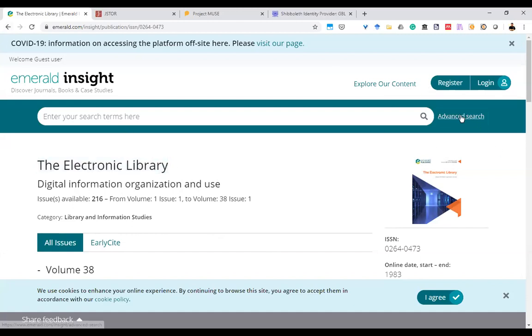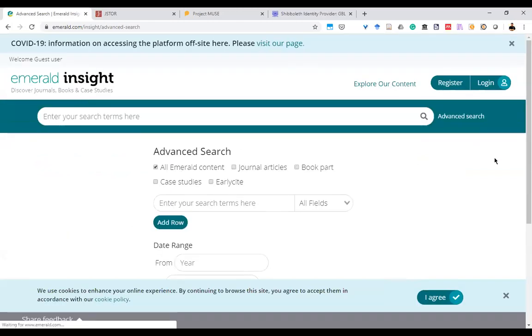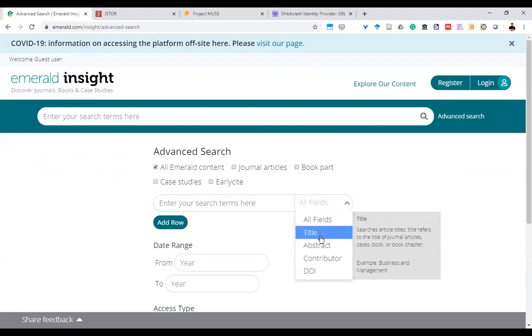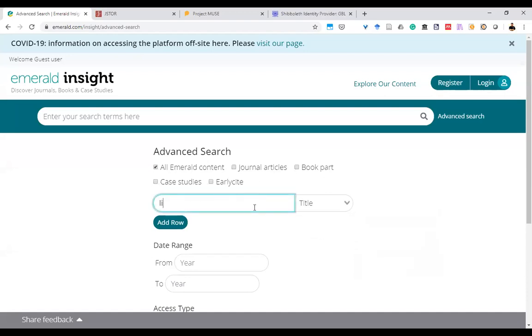All the journals indexed have profiles made for each journal. Now coming back to the Emerald Insights advanced search options. In advanced search, as you remember, you can specify in which particular field you want to search. For example, like the Gandhi example, searching within the author names. If I am interested only in those documents which have the term library management in the title, then I will write here title and then library management.